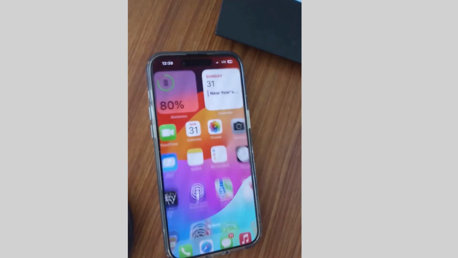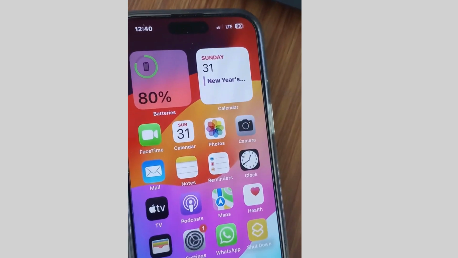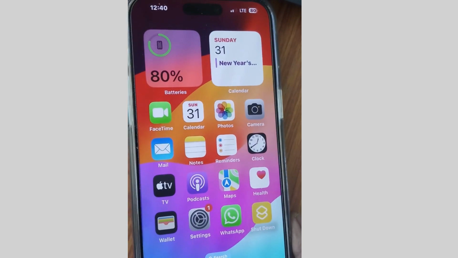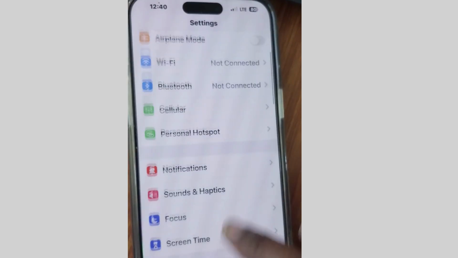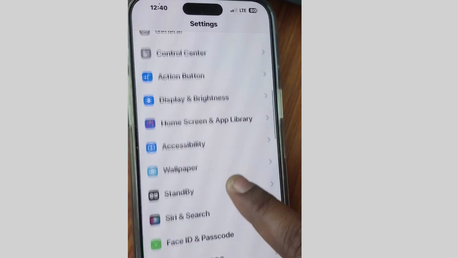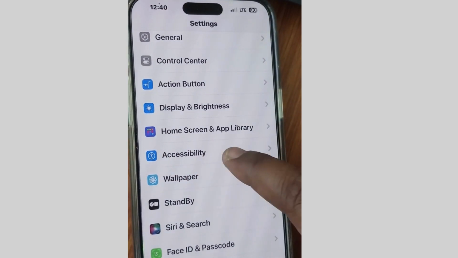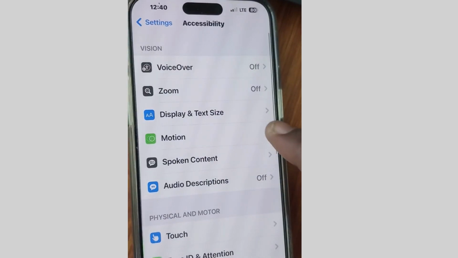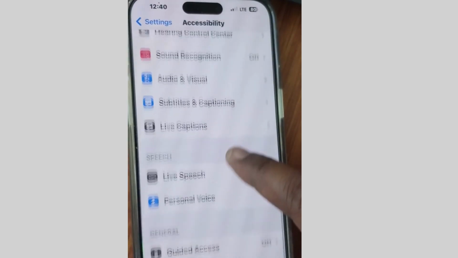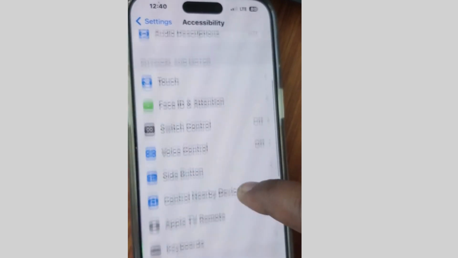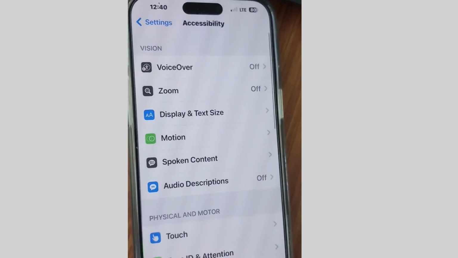And if this method does not fix it, then the next method is: tap on Settings of your iPhone, scroll down and go to Accessibility settings, tap on it, and here look for Display and Text. Here tap on Display and Text,